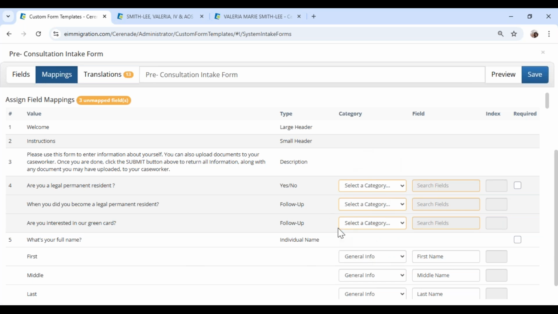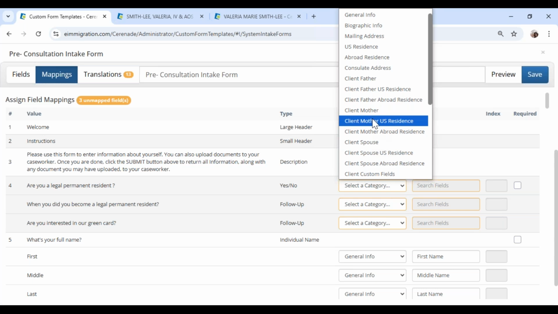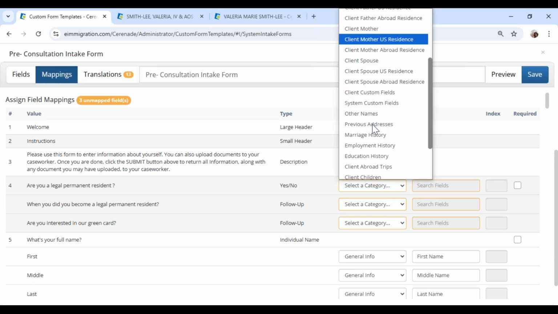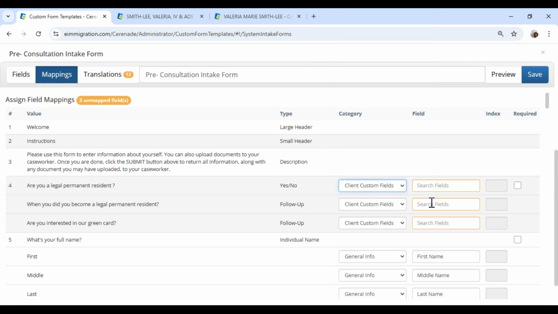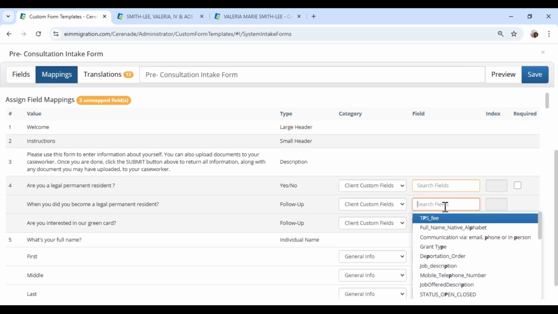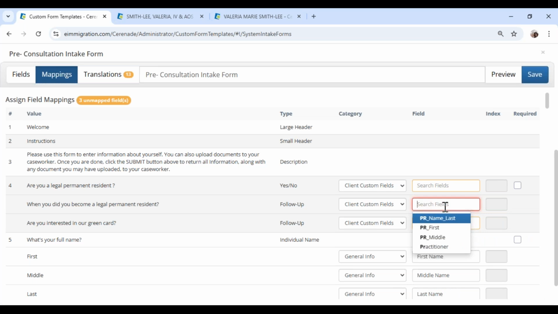If it's orange, it's because you haven't mapped it yet. So this question was a custom field. So I'm going to go to client custom field and I'm going to map it. Remember the one that we have for the PR date? I think it was like, no, permanent resident. Yeah, it was like a permanent resident date. See, I have to know